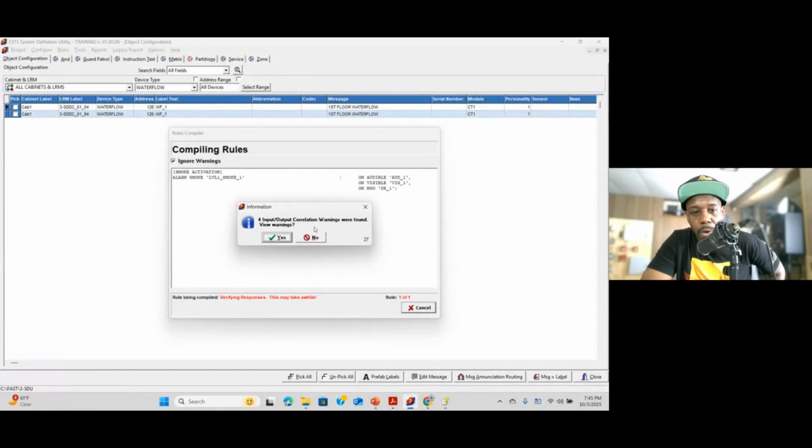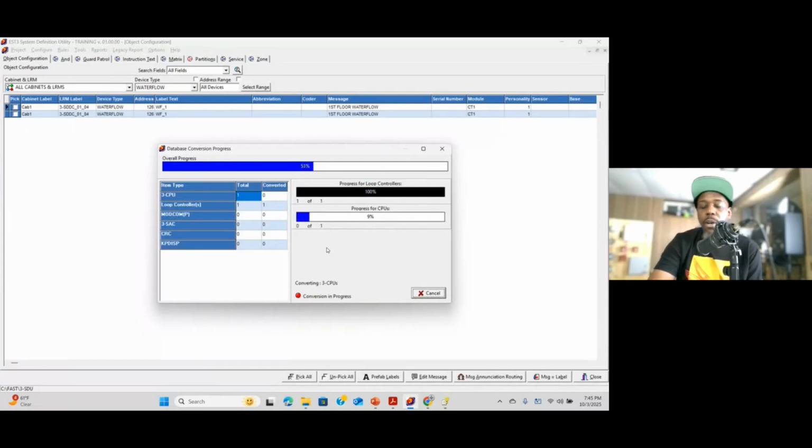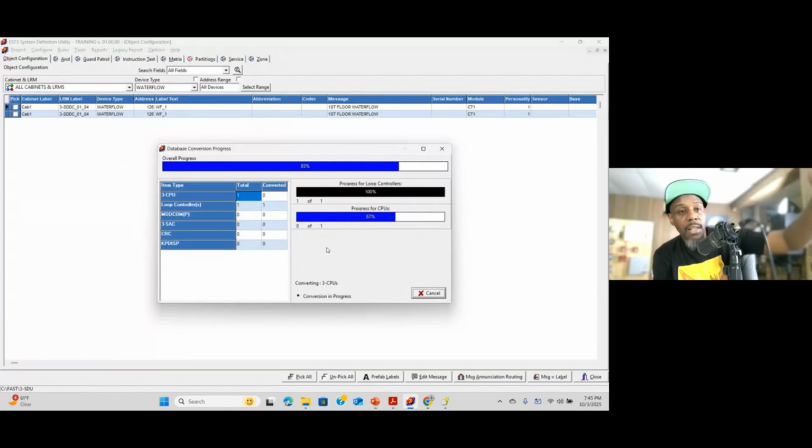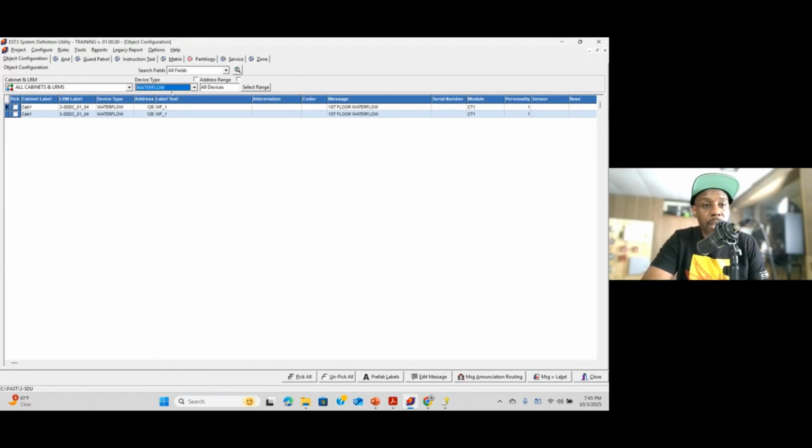Yes, we got warnings. Let's go. Yes to all. Boom. If you don't understand what's happening here, in a nutshell, it's taking the letters or the characters we see and turning them into zeros and ones so they can be put into the computer and the computer can understand what's happening. So the rules are good. So let's go back.